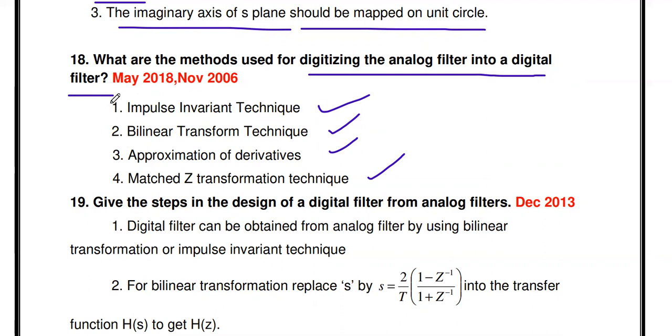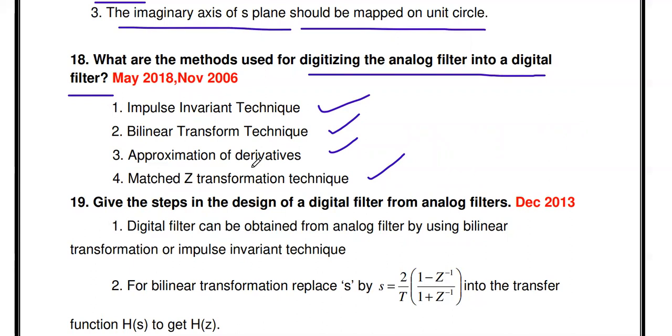If you want to learn how to design the digital filter using the impulse invariant method and bilinear transformation technique, on my channel there is a playlist named Discrete Time Signal Processing. In that playlist, the second unit videos are all available in order, from the design of analog Butterworth and analog Chebyshev to converting using impulse invariant and bilinear transformation. We solved nearly 20 problems, so you can go and watch. I will give the link for those videos in the description box.